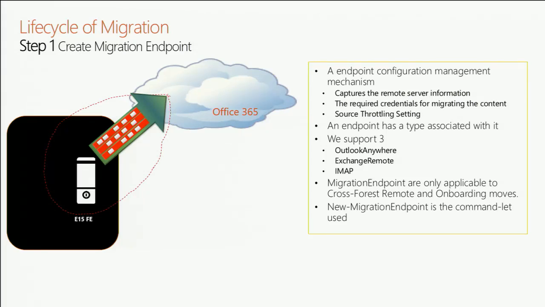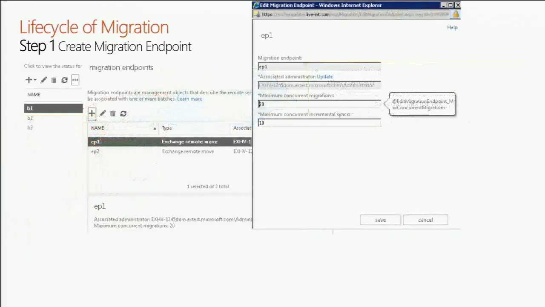For hybrid moves, you would use the Exchange remote migration. We have Outlook Anywhere, which is used for cutover and stage, and we have the IMAP for the IMAP migrations. Once you create an endpoint, so how do you create an endpoint? Well, you have 2 options. You can go into the management UI and go create an endpoint, which we'll demo, or you can do it